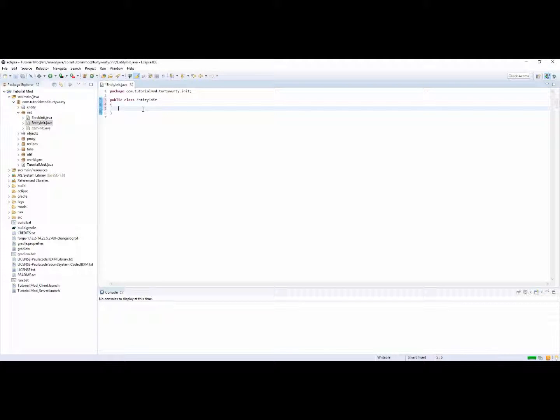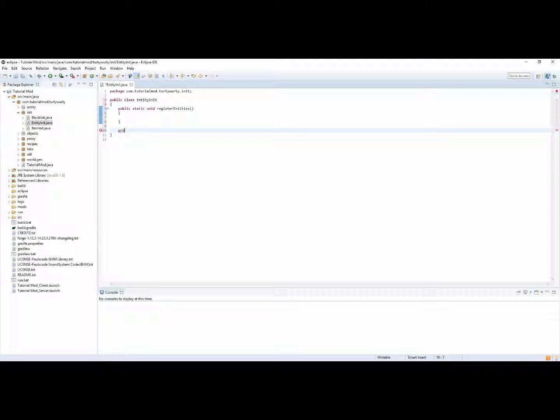Inside of here, you want to create a new public static void registerEntities, just like that. Open this up, and we need to create another method called